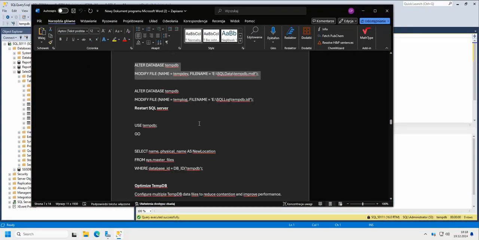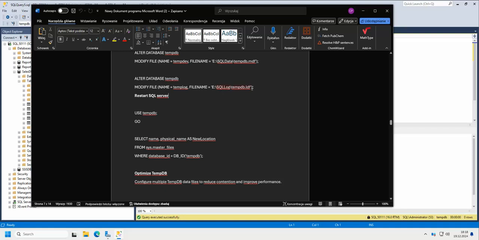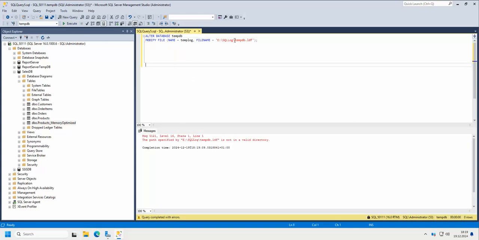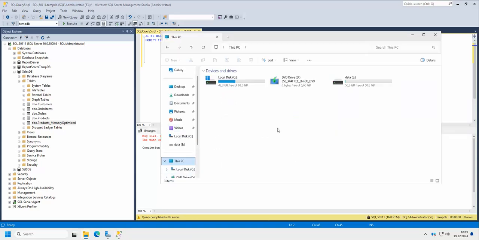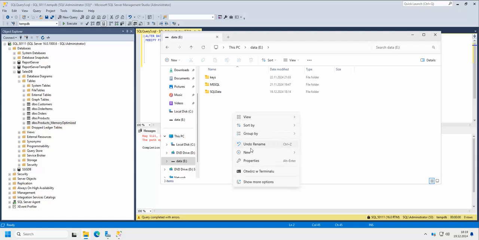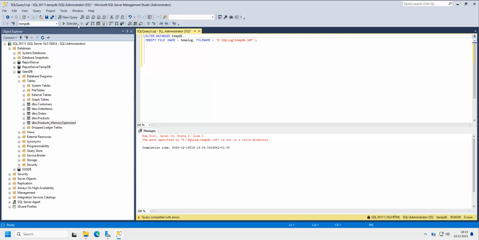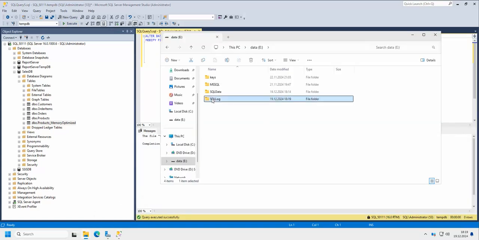Okay. Okay, we're now gonna modify the same thing for the log. Tempdb log. Okay. Execute. Sorry, SQL log. Yeah, it wasn't created, so we need to actually create the folder here. SQL log, and now we're gonna move it. Okay, should be fine now. SQL log,